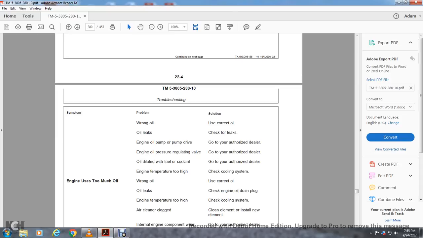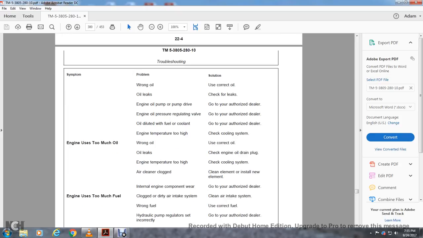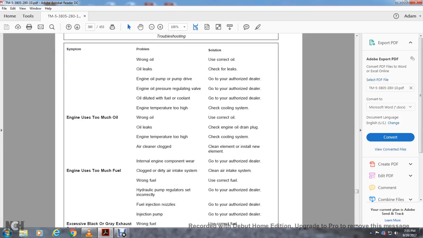Wrong oil: use correct oil. Oil leaks: change the oil drain plug. Engine temperature too high: check the oil cooling system. Air cleaner clogged: clean the element, install a new element. Internal engine component wear: go to the authorized dealer. Engine uses too much fuel: clogged, dirty air intake system, clean the air intake system. Wrong fuel: use correct fluid. Hydraulic pump regulator set incorrectly: go to the authorized dealer. Fuel injection nozzle: go to the authorized dealer. Injection